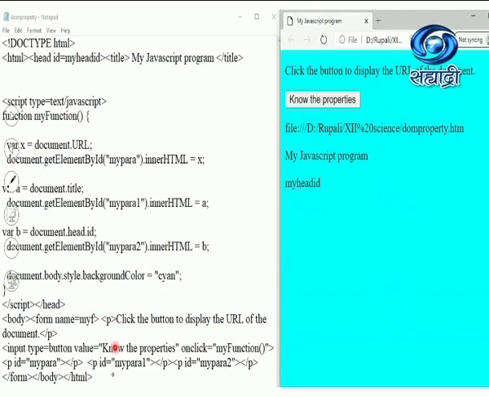So again, one more paragraph I wrote and nothing is there in the paragraph right now. I have not written anything. But when I click on the button, it is going to be replaced with the value of a. And what is the value of a? It is the document title. And my title is, I have given the title, my JavaScript program. Observe here, I have got the title because head.id I have given over here. So a head returns the header part of your HTML.